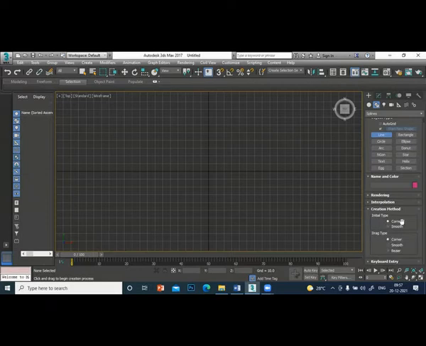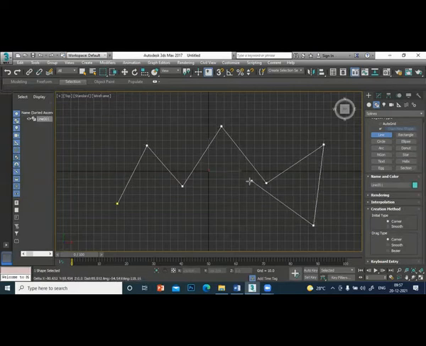Initial type corner, drag type corner means you are going to draw straight lines, not curves. We'll write down the steps later. Just listen first. So I select the line command. I selected initial type corner. Now I will just draw. You can see that all the lines are straight lines.